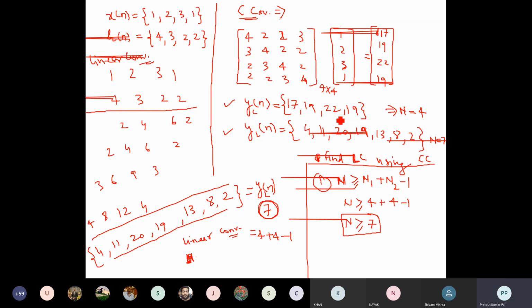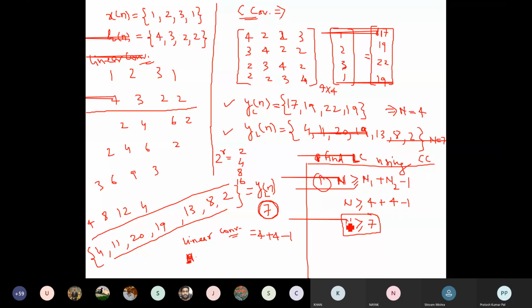But to find the DFT, the 2 to the power r concept is used. So 2 to the power r means 2 to the power 1, 2, 3, like that. So if it is 1, it will be 2, if 2 it will be 4, and 8, and 16 for 4. This is the basic concept.